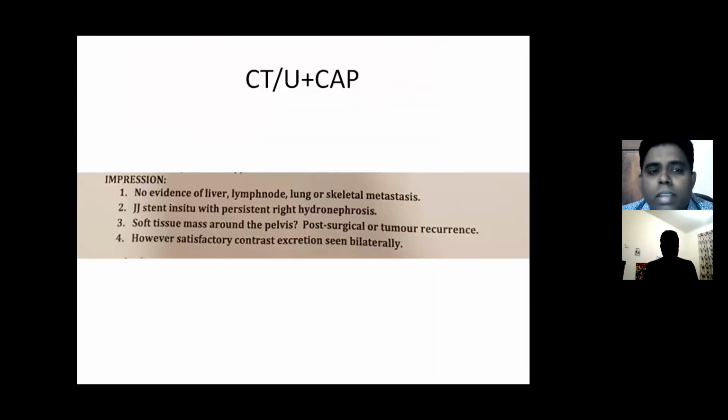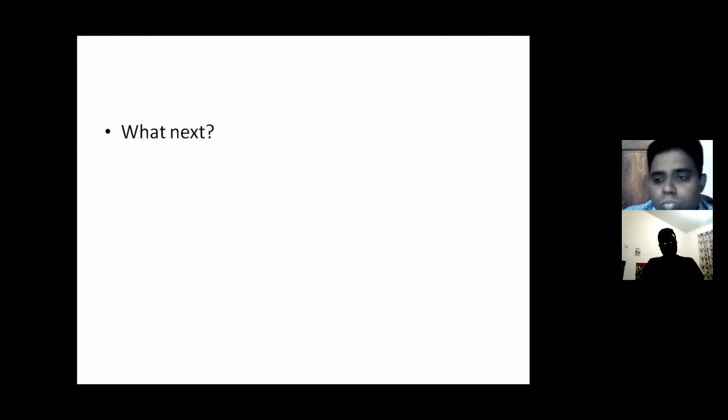Okay, so this was the CT report. They said all looks good. There was a soft tissue thickening at the pelvic junction, which was extending into the renal pelvis. Now, what are you going to do? What is your plan? So this should be staged. So I want to see whether metastatic staging should be done. Yeah, so no metastasis. So then after that, I will discuss this case in the local MDT, specialist MDT with the